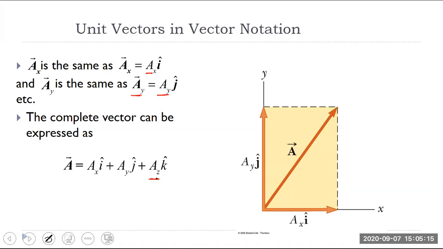So basically, I'm able to take this vector A, and I can write it as the addition of AX and then AY in the j direction. This is the same thing as saying that this is the sum of the vectors along the x direction, the y direction, and the z direction. We're really not going to do much with the z, but